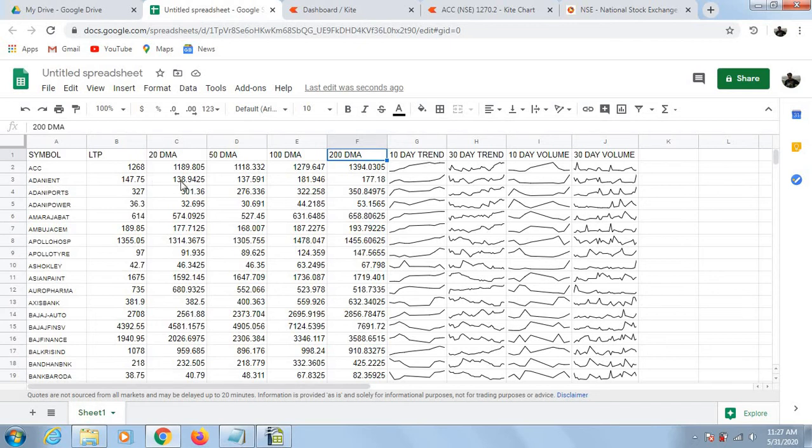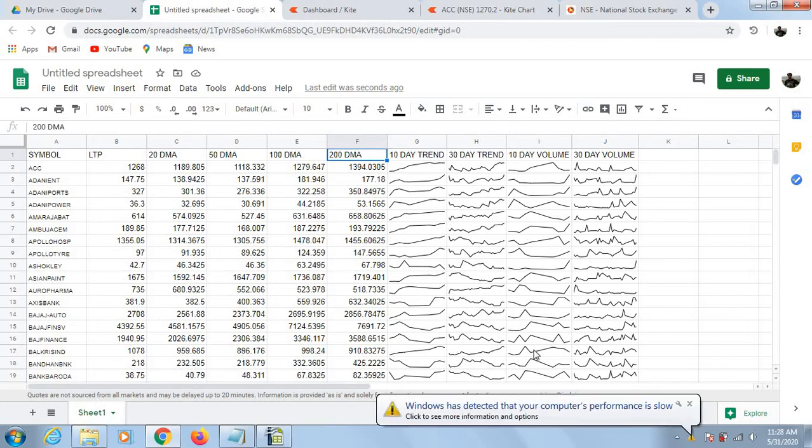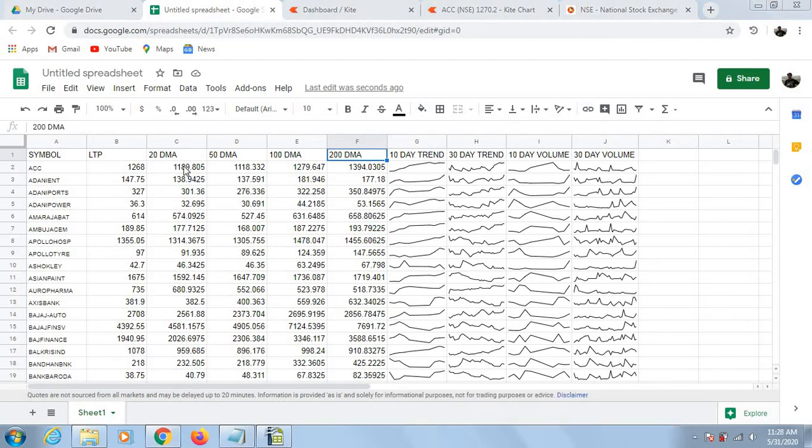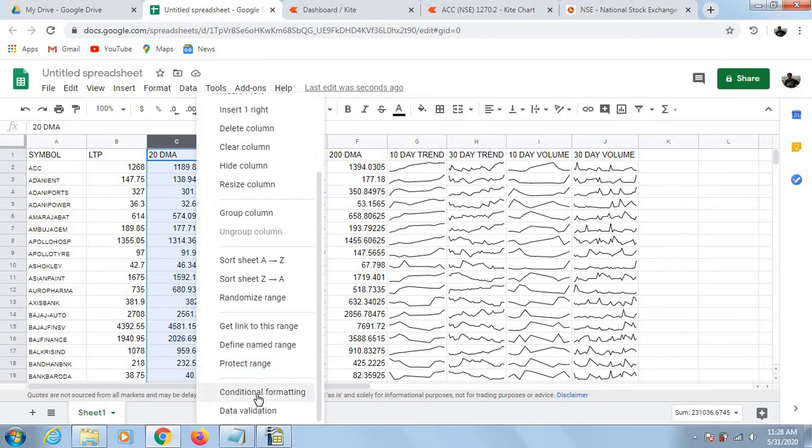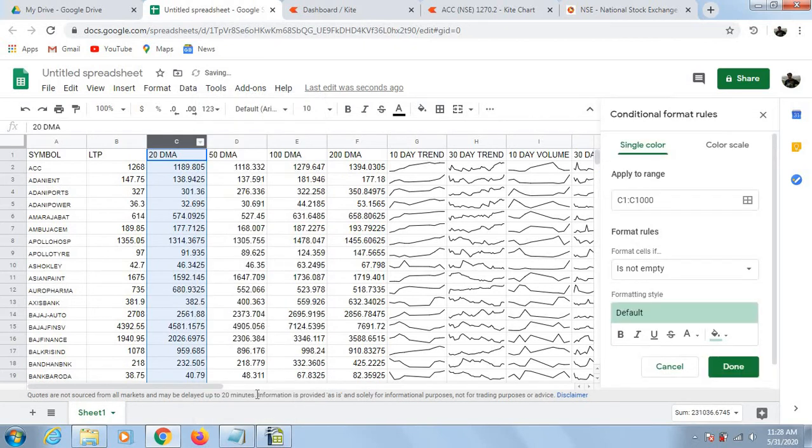Next, for better visualization, you can do conditional formatting of all the columns. So I'm just doing it for the 20, 50, 100 and 200. For that, just click on the column C, select the entire column, click on this button, and you will get conditional formatting.